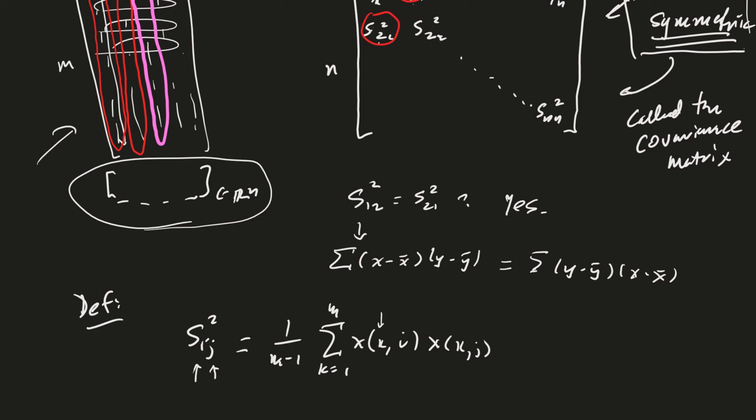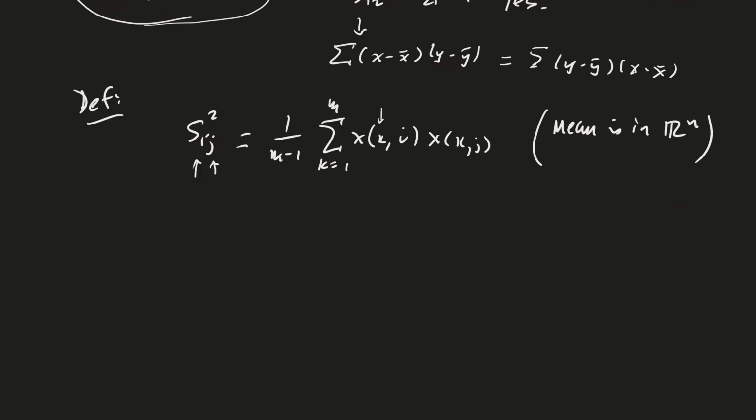Did I say that? Well, we'll see how that works in just a sec. Okay, so the mean is in R^n, because we're thinking about this as being m points in R^n. Very good. All right, and just as a point of reference here, you can actually compute this in one single computation